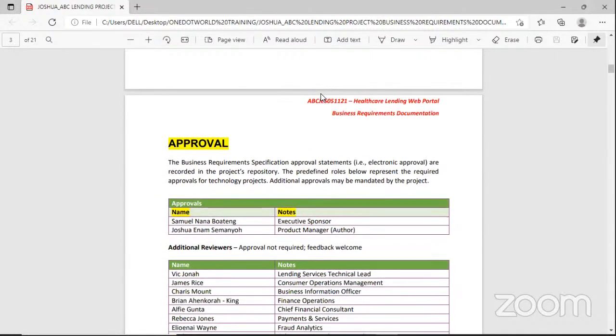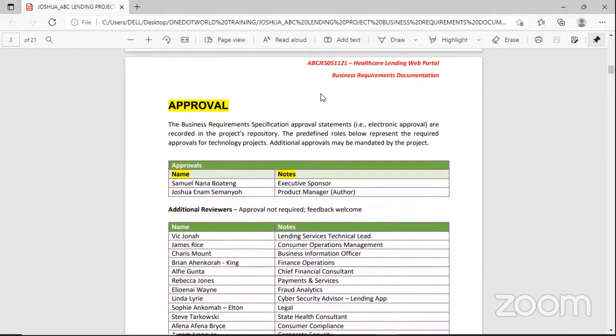So under the approval, as I said earlier, I, Joshua Enam Semanyo, am the product manager and also the author of this document, but Mr. Samuel Anabwatin is the executive sponsor. This document came about after discussions where I elicited business requirement details from him. In short, I understood what he wanted the product to do, and I've drafted this BRD.